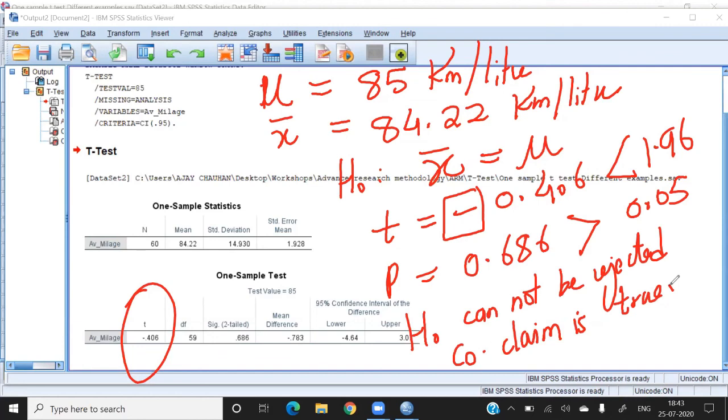So in this way, we can use the one sample t-test in SPSS. So I hope